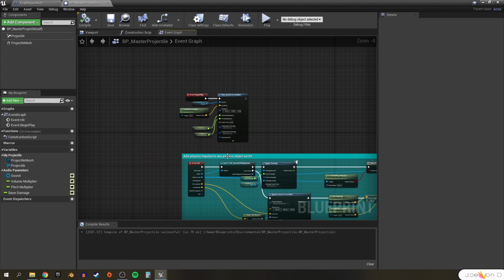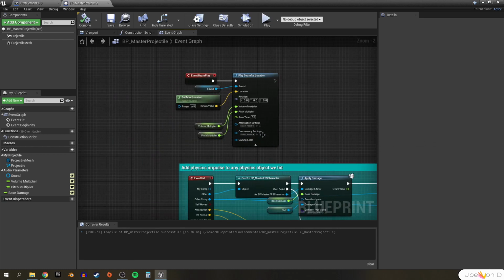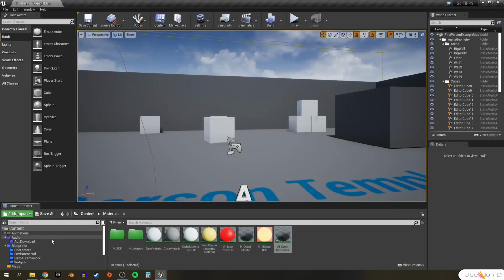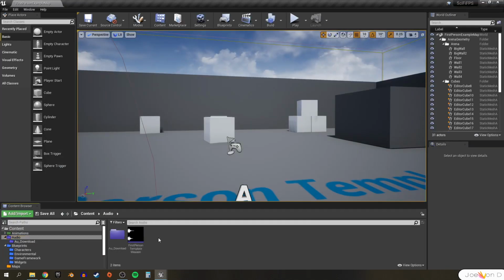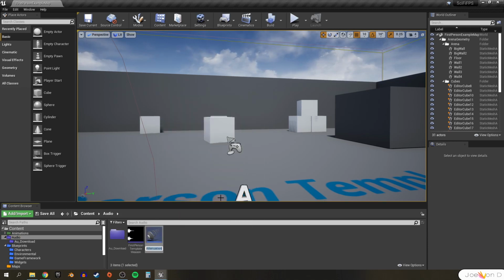I think we'll end the video just with one small cleanup step from the last video. I promised that we'd make an attenuation setting in the last video, and we never did that, so let's do that now. An attenuation setting is what tells the engine how the volume should change based on a sound's distance from the listener. To make one, we can navigate to our audio folder, right-click in the content browser, go down to Sounds, and click on Sound Attenuation.